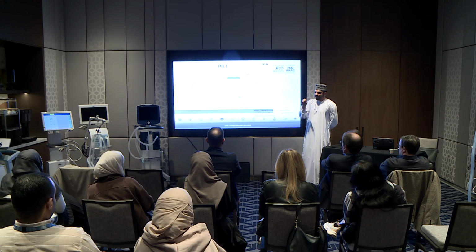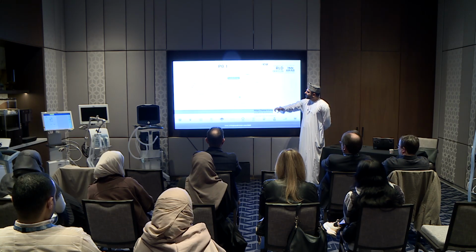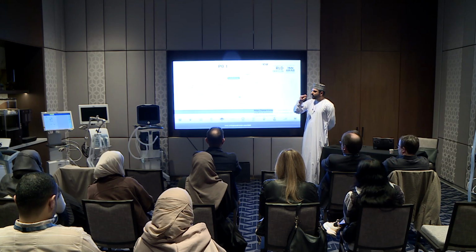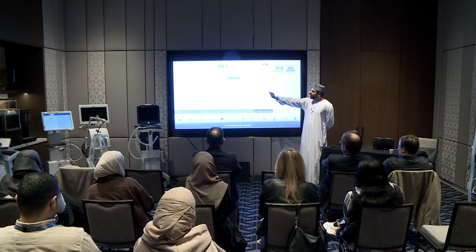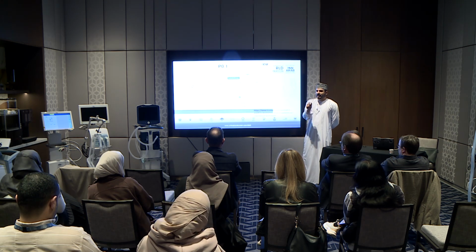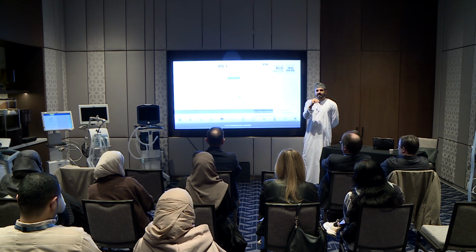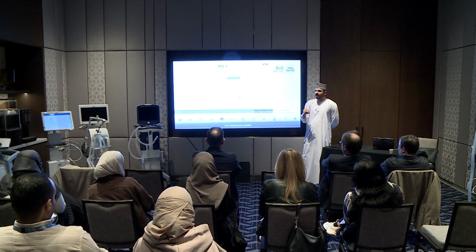The machine automatically does not do the occlusion. It just infers what the occlusion pressure will be by looking at the curve. But Servo-i, Servo-U, etc., all of them actually do that part of the occlusion. Now, the occlusion pressure at 100 milliseconds tells you more of the respiratory drive rather than